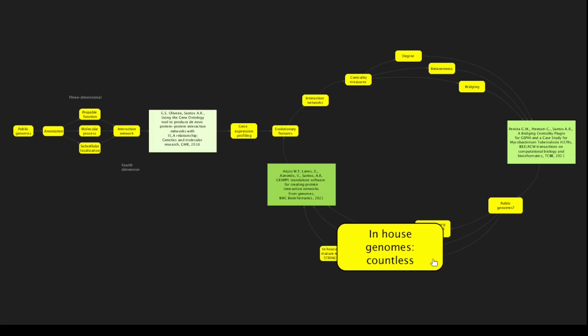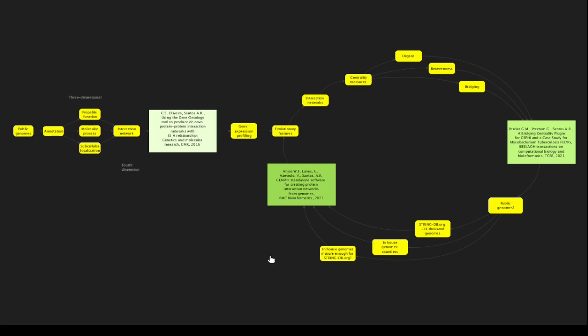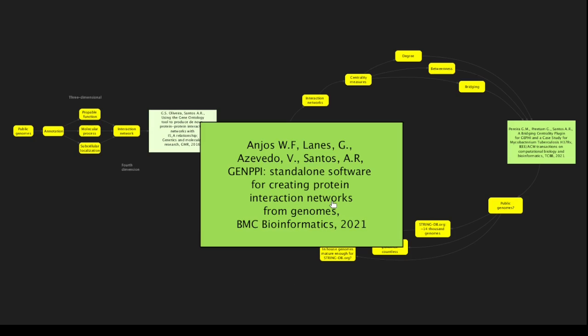The difference between the GenBank releases 249, April 2022, and 248, February 2022, is 1,182,034 sequences, excluding WGS sequences. Yet, our in-house sequenced genomes are not available in public databases. Even after publishing a novel genome sequence, it takes time until a public database, like StringDB.org, incorporates it as part of its pipeline. To solve these difficulties, in 2021, we also published Genpe, standalone software for creating protein interaction networks